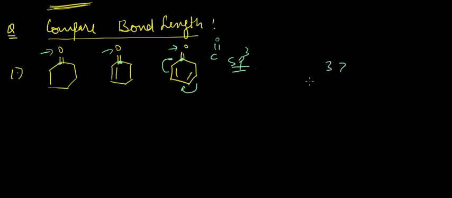So the bond length for the single bond between C and O in the third would be the highest, followed by 2 and then 1, because 1 actually has just double bond character, the maximum double bond character. Hence the more the double bond character, the lesser the bond length. The more the single bond character, the more the bond length. Okay,